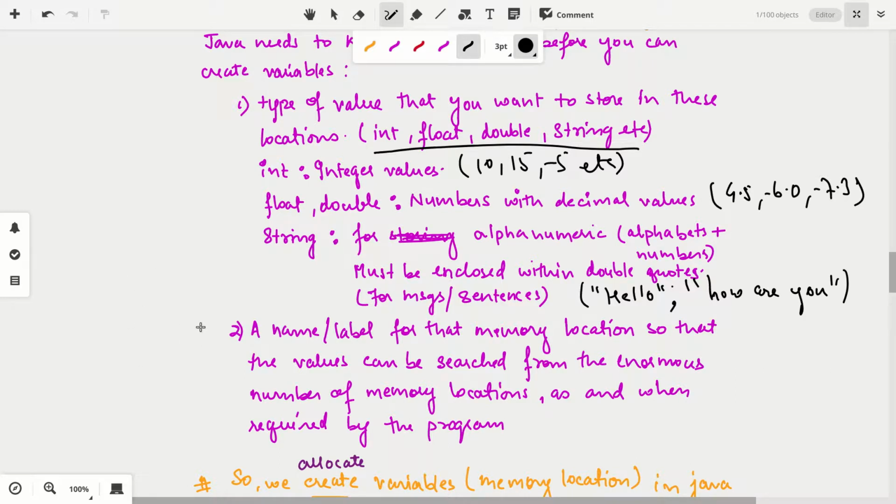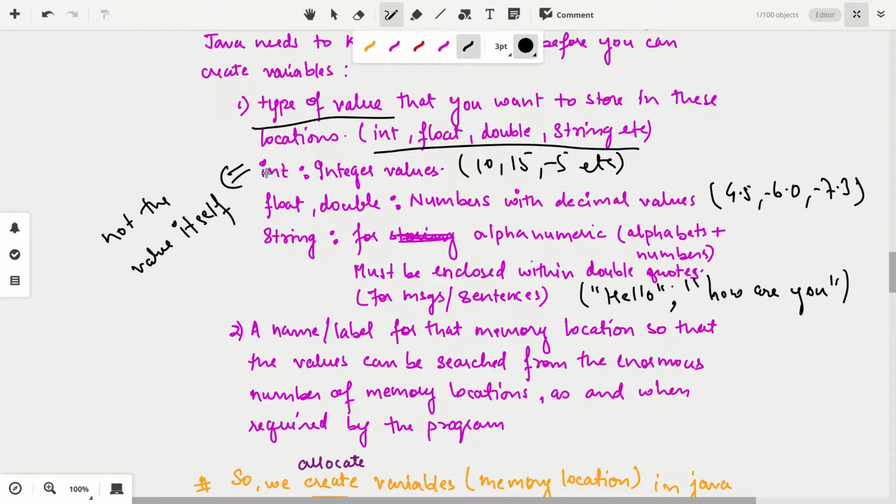It will not ask you for what value you are going to store. Be very careful. It will ask for type of value and not the value itself, that you will provide later once it has given you that memory location.